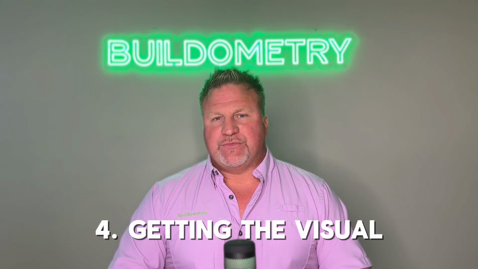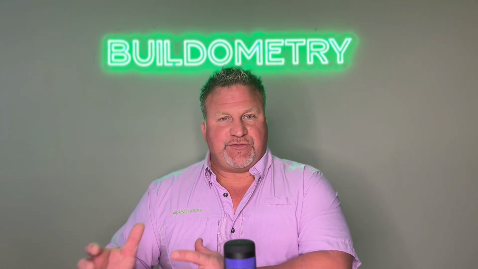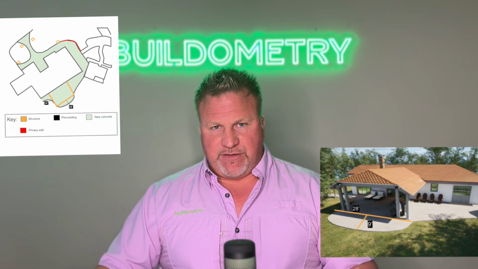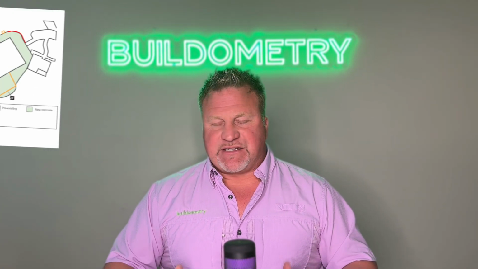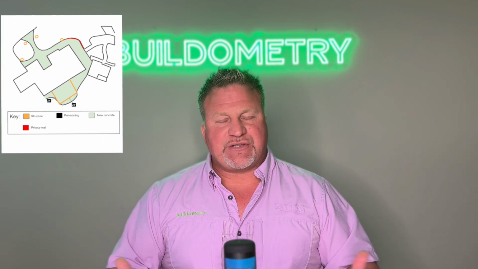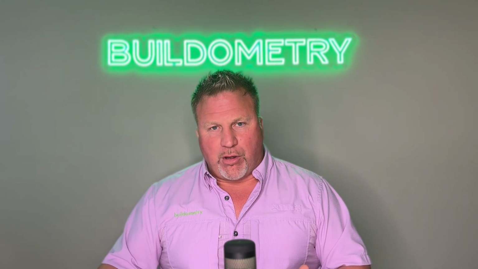Getting the visual. Now you take all of that data that you've established, that you spoke to your builder on, and you either work with the builder or their designer, and now you move into the 2D and the 3D phase. The 2D is basically going to be like a floor plan to show you the layout, to show you the size, show you where everything goes, what it looks like, where it's going to fall,